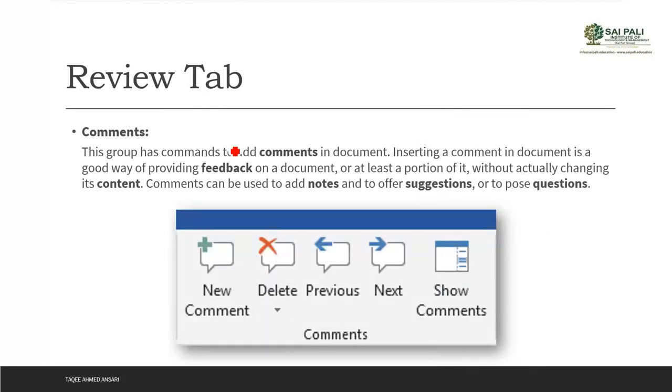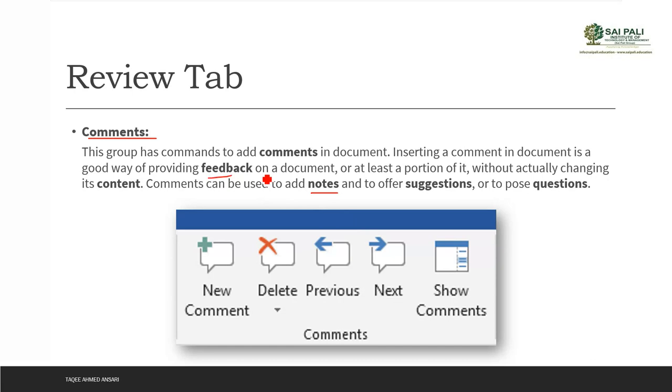Then the next group in the Review tab is Comments. Now a comment is just additional information, feedback, suggestions, or notes by some other reader. Suppose I created the document, I am the author, and my document is now being reviewed by some other people. If they feel something in the document, they can put some notes there.